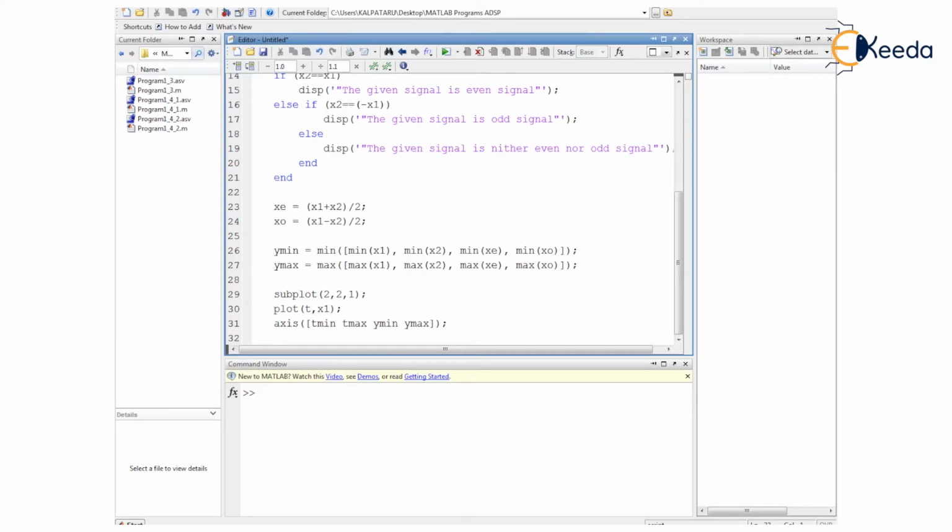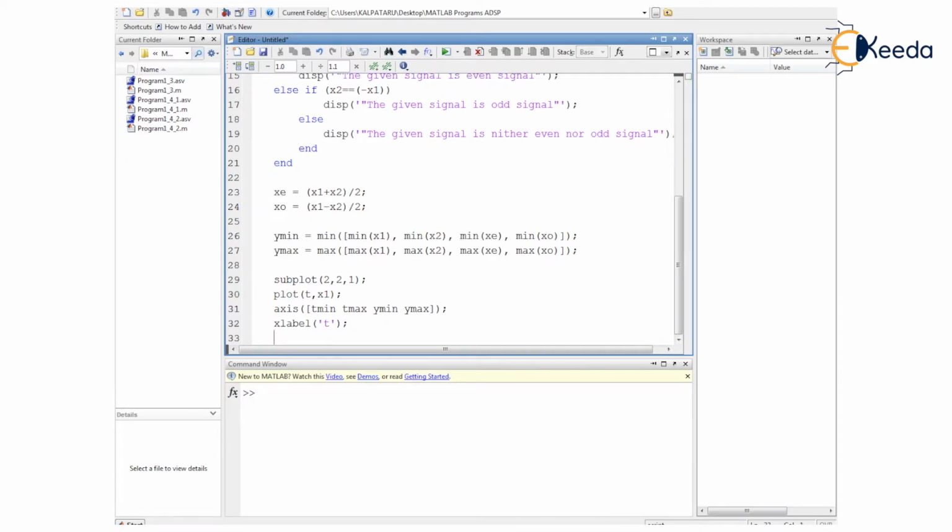At the end we use a semicolon, and then we label the concerned axes. For the horizontal axis, we use the MATLAB syntax xlabel, with a pair of single quotes inside the parentheses, where we write t as the parameter to denote continuous time. So this is the nomenclature for the horizontal axis.